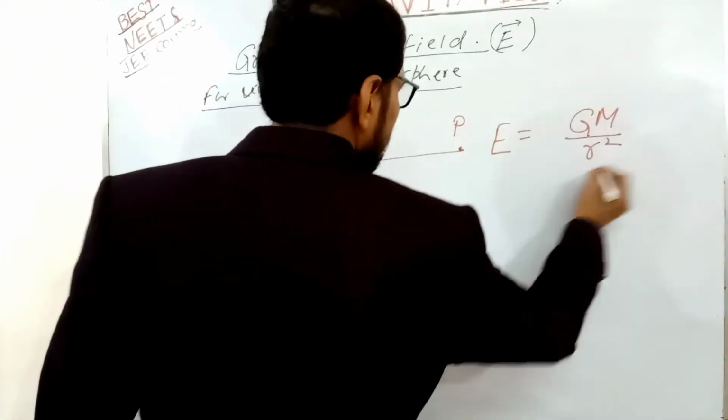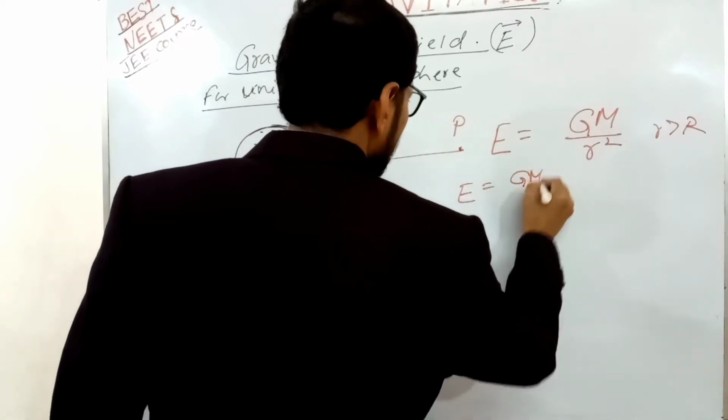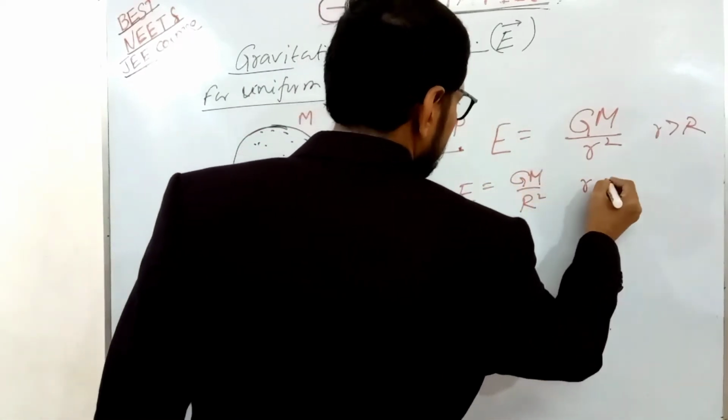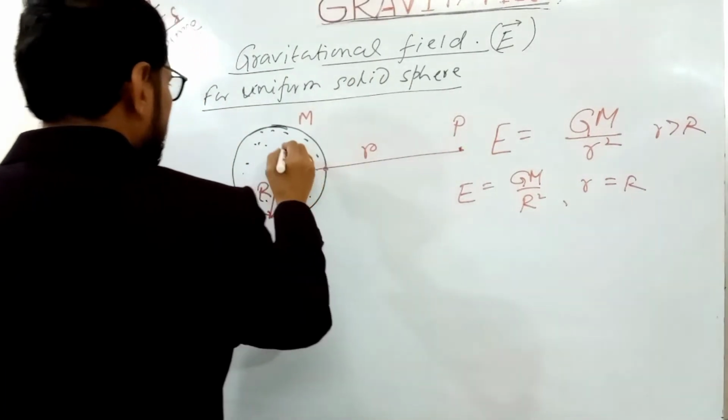Now here r greater than R, E equals GM by r square, when r equals R, that is if the point is here. Now if the point is inside,